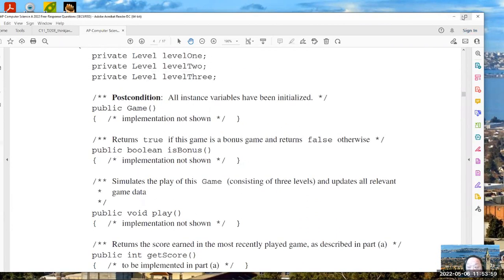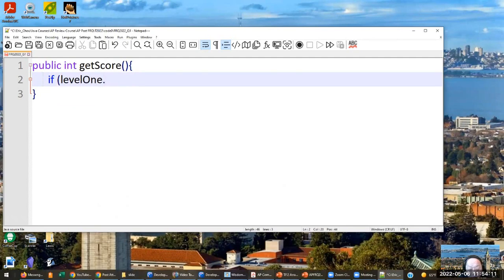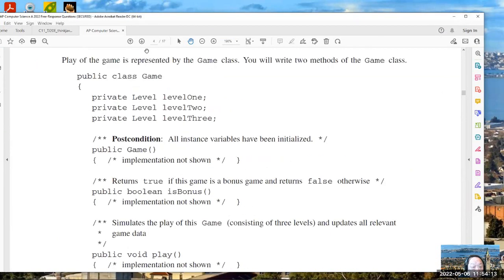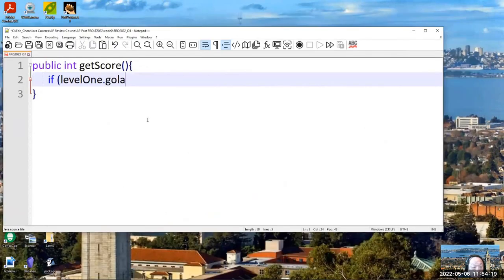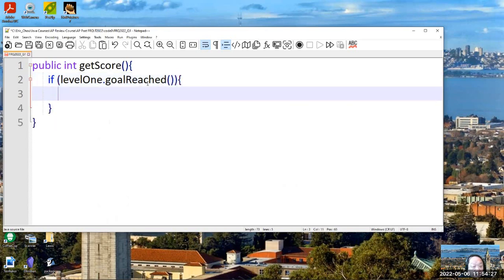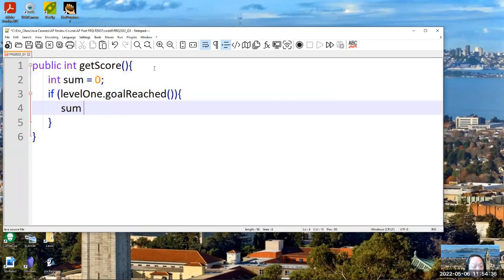So you can use level 1, level 2, level 3. Right here, level 1 is an object, so if level 1 goalReached. There's a function called goalReached, and we will add the sum. So here we should have an integer sum equals 0. In this case, our sum plus equals level 1